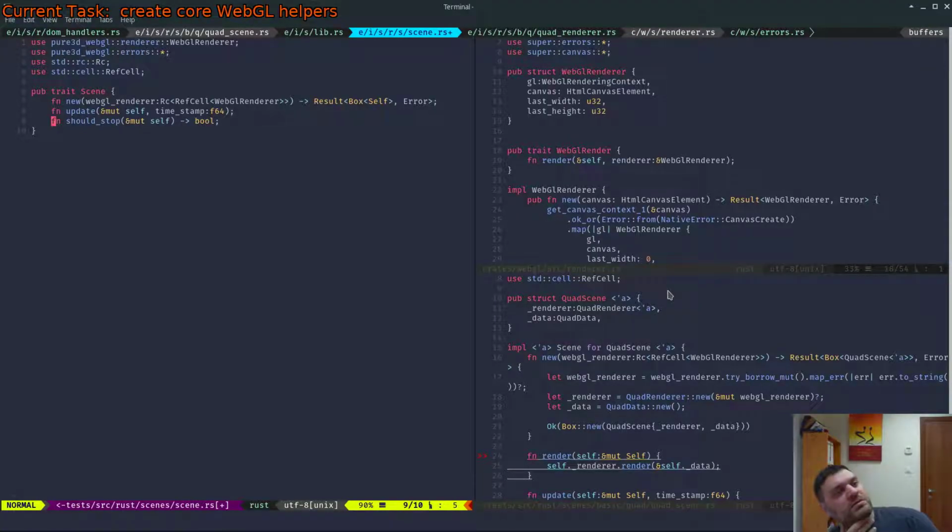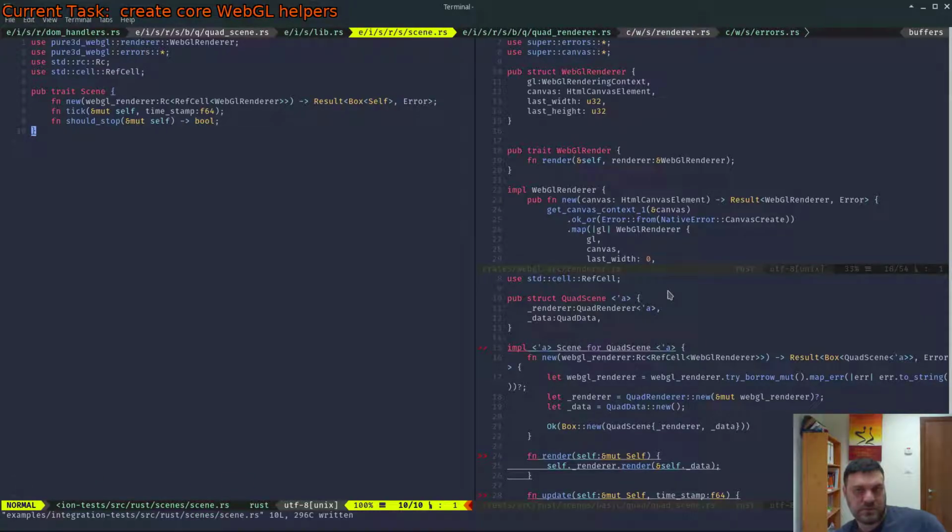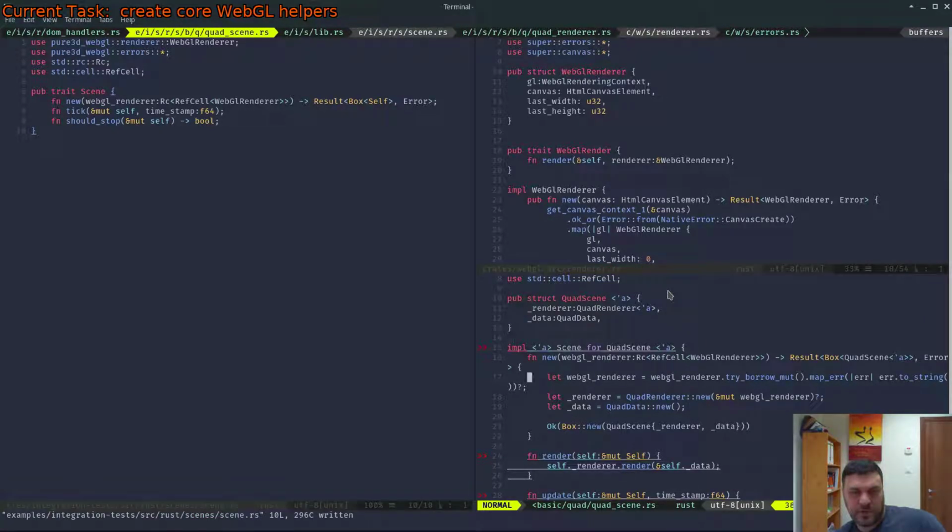Well, actually, let's say tick, and then I'll make it call its own renderer thing. Okay, so